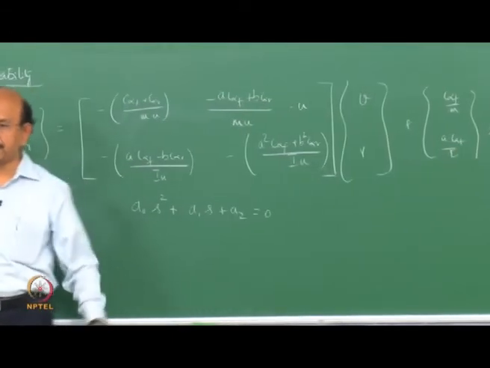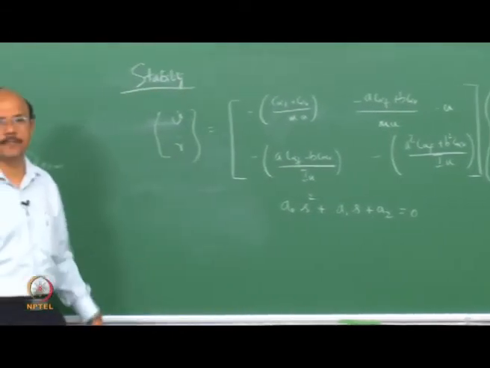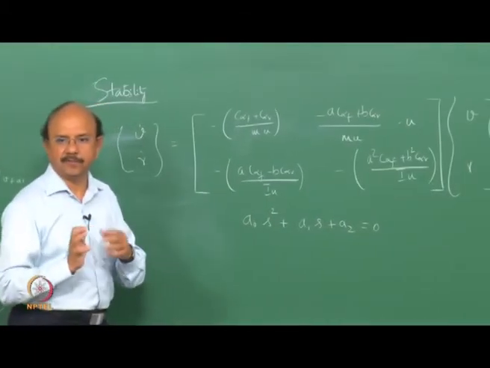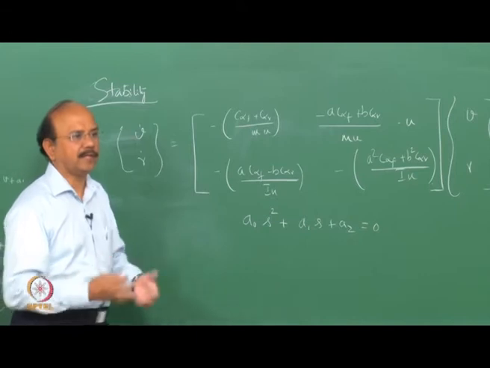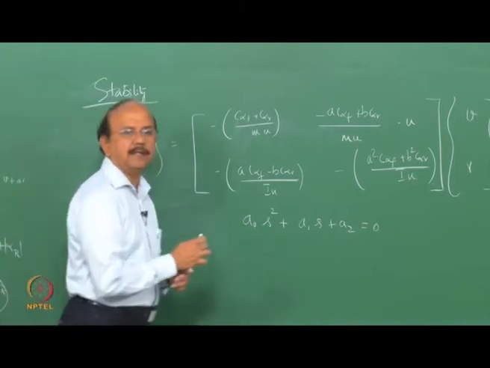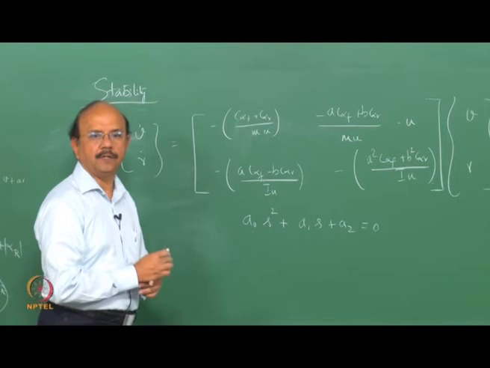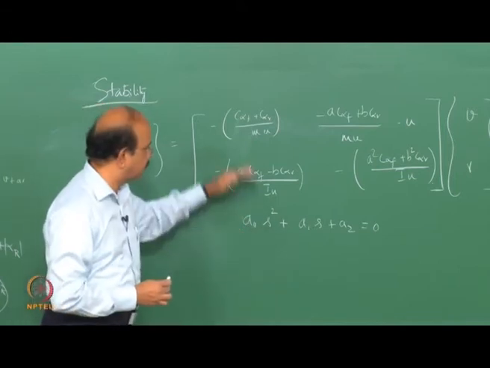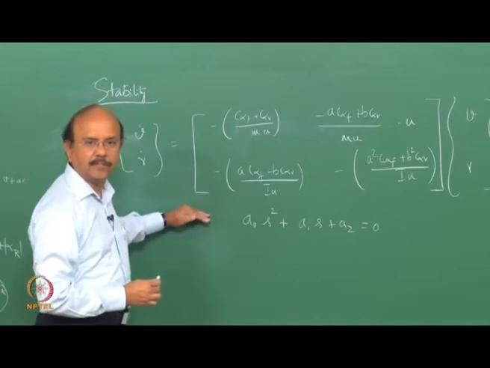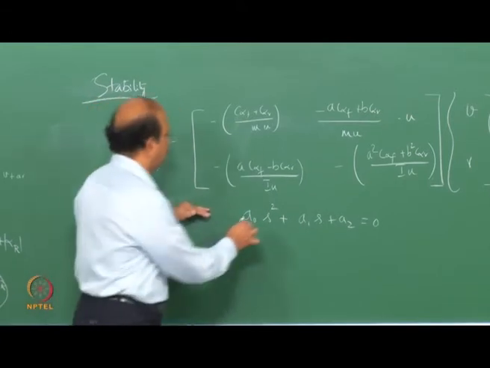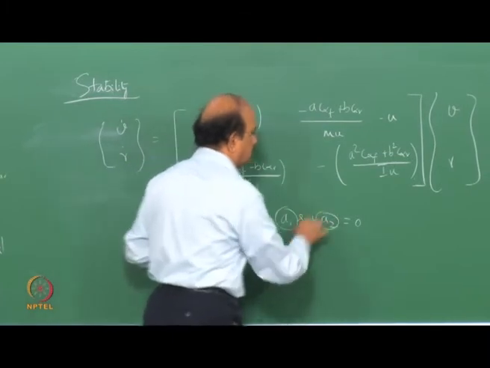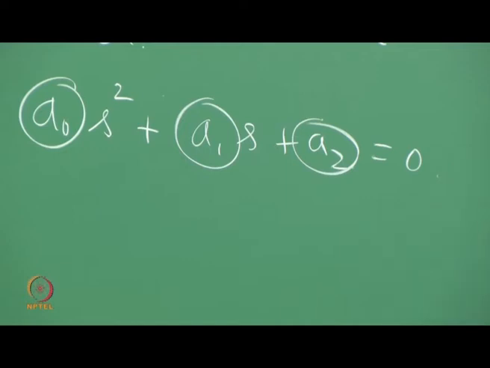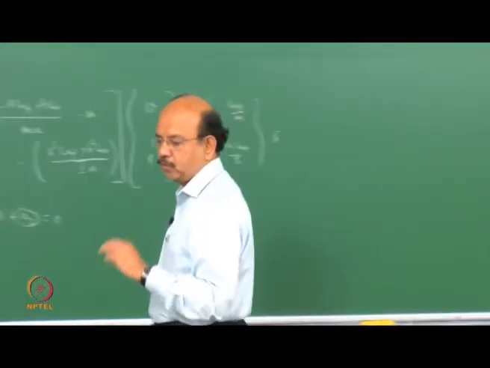Now for this system, the second order system, you know Routh stability criteria. I've done that in controls, so I'm not going into details of it. I'm just going to restate the necessary and sufficient condition for this system to be stable. Ultimately, this is the system we are dealing with now. For a system to be stable, these quantities A0, A1 and A2 should be positive.